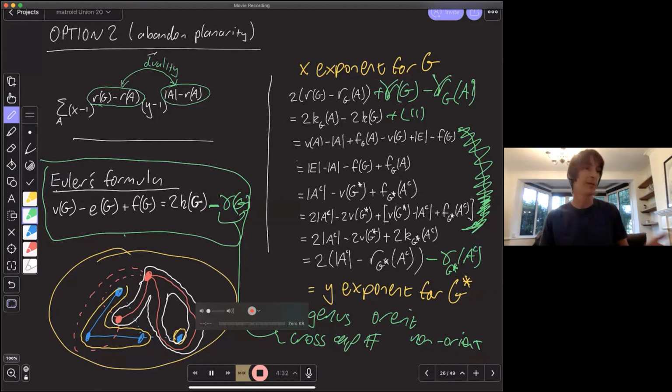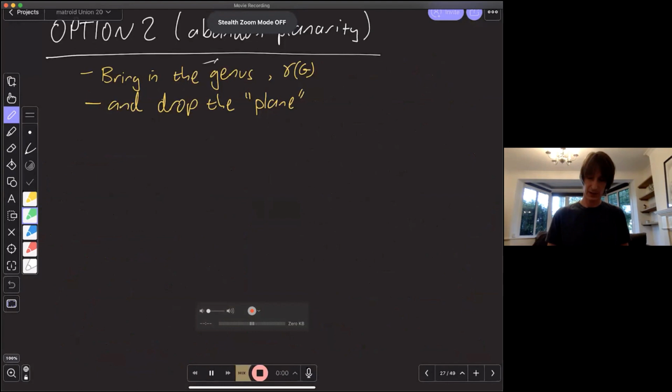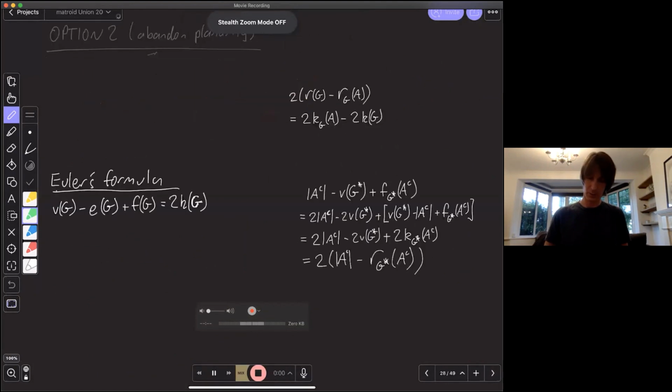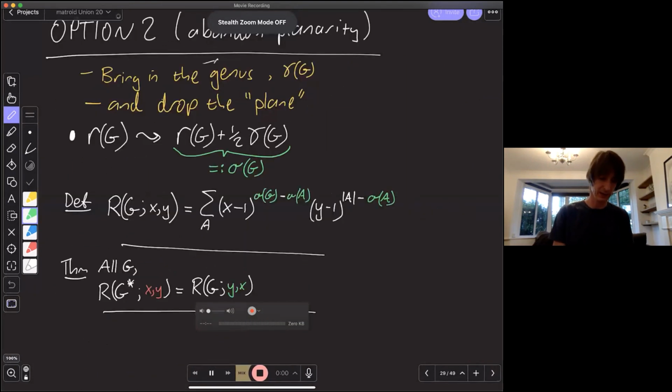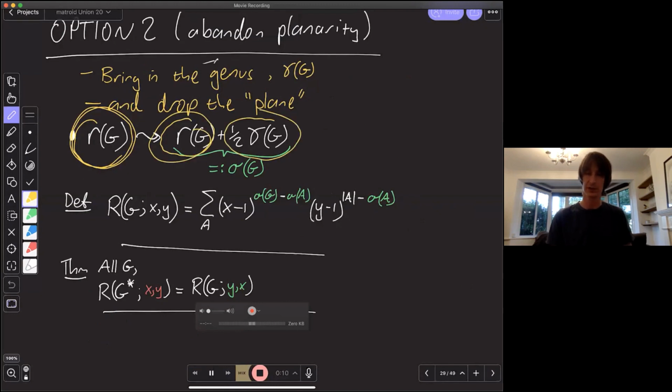So what's happening here? Well, I can go through my plane duality results, and I can just bring in these gammas, and whenever I see a rank term in my Tutte polynomial, I can just update it by the rank plus 1/2 of this Euler genus, the 1/2 because in the last calculation I had this little factor of 2.